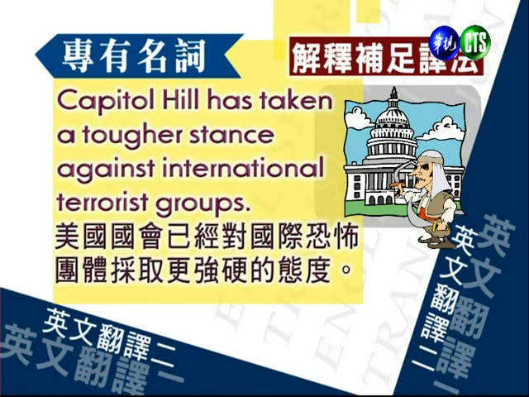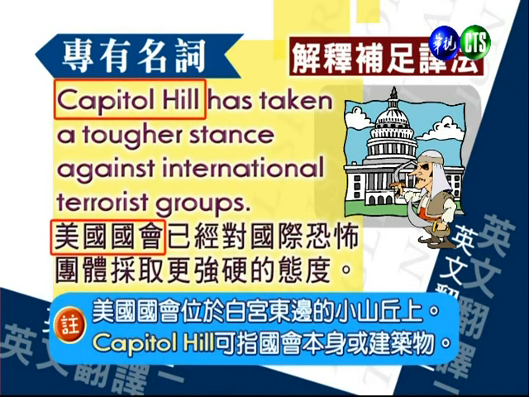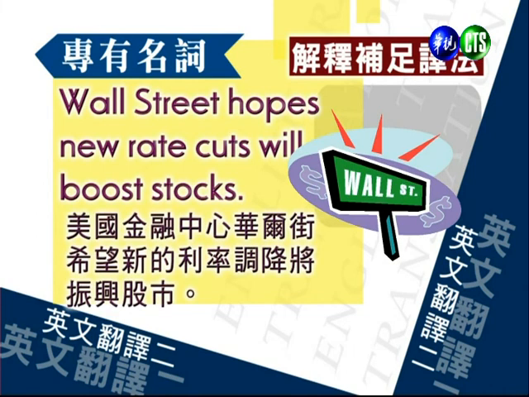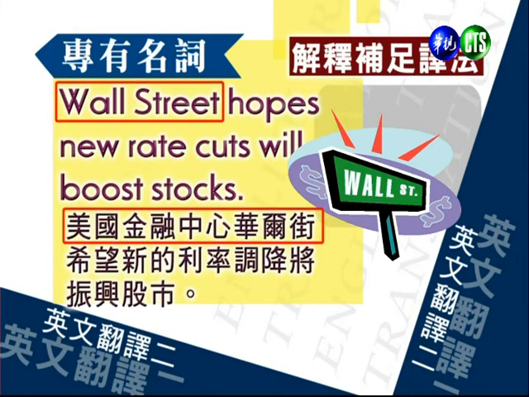美国国会已经对国际恐怖团体采取更强硬的态度。我们来注释一下，美国国会位于白宫东边的小山丘上，Capitol Hill 可以指国会本身或者建筑物。下一句 Wall Street hopes new rate cuts will boost stocks. 美国金融中心华尔街希望新的利率调降将振兴股市。因为这个比较短的解释，我们就放在句子里面，不必分开来做注释了。就说美国金融中心华尔街。好，下一句我们看看。